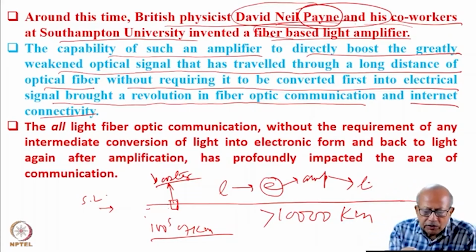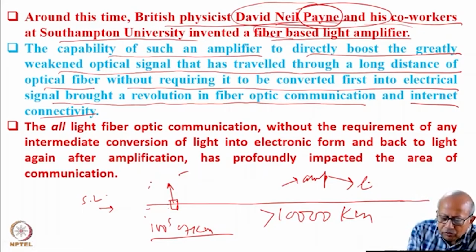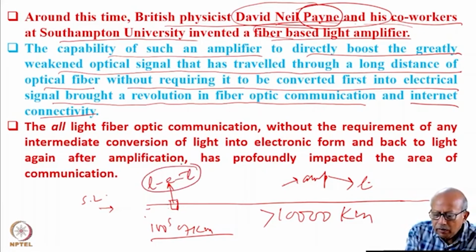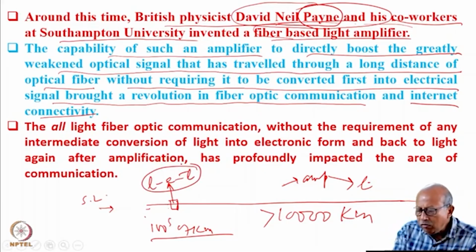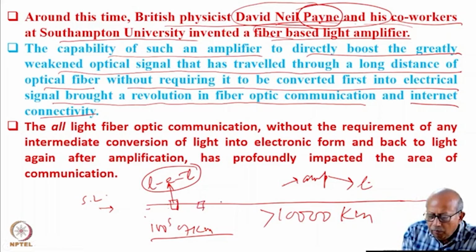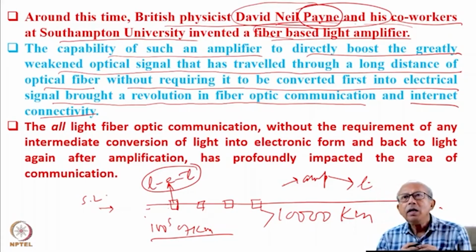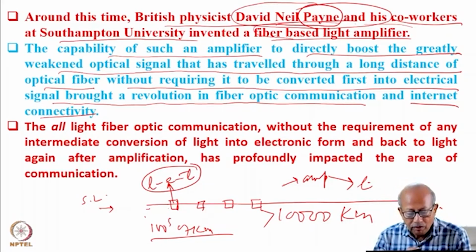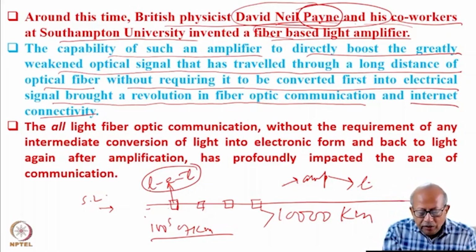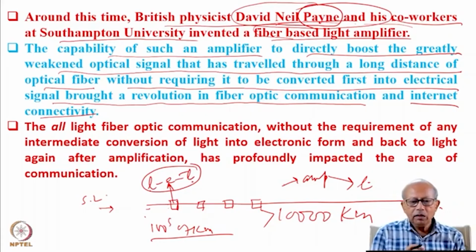So this booster is basically a light to electric to light converter. And for such a long distance communication, there will be multiple such boosters, many boosters. And this made the communication system very complex and cumbersome because of this light to electric to light conversion that was essential. However,